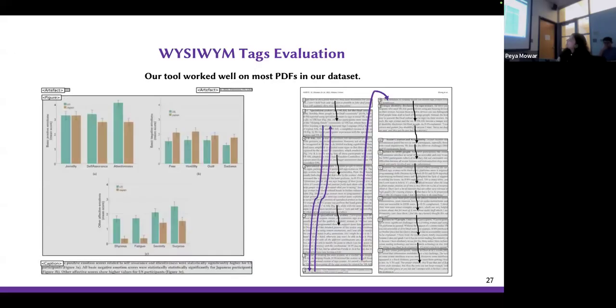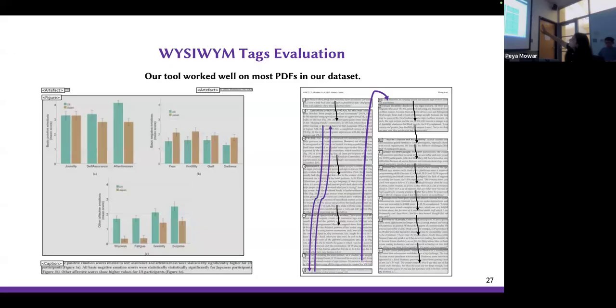And for this data set, we analyzed our approach and found that it actually worked well on most PDFs in our data set. So it was able to identify the artifacts on the page, things which should be skipped, which are repetitive on every page, and interrupt the flow of the reading order. And it was also able to distinguish between paragraphs, captions, footnotes, and so on, which might be hard for even authors to manually tag. And it was also able to understand the correct reading order.